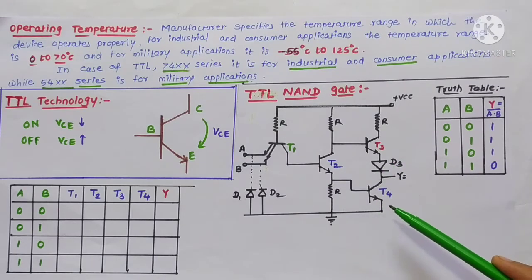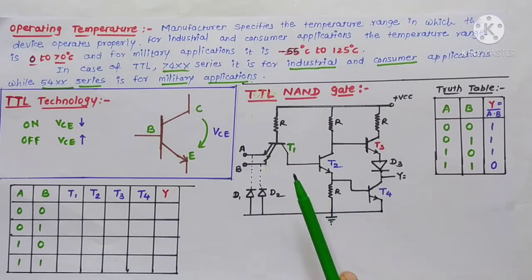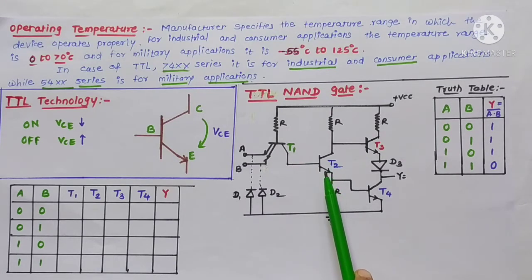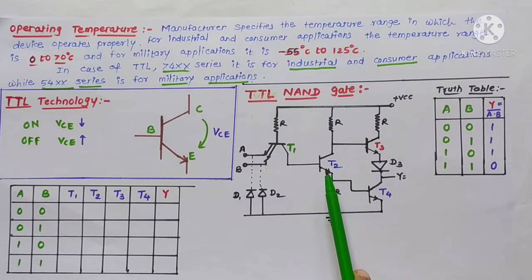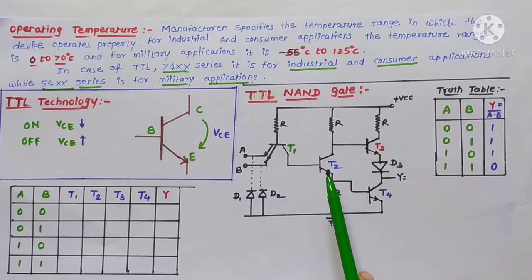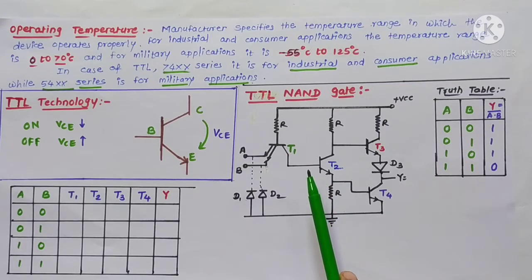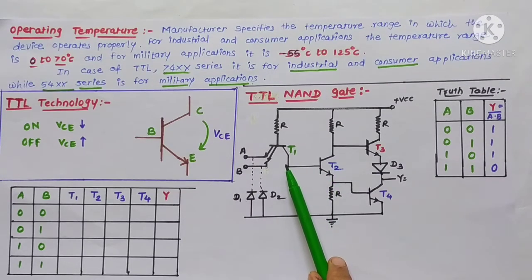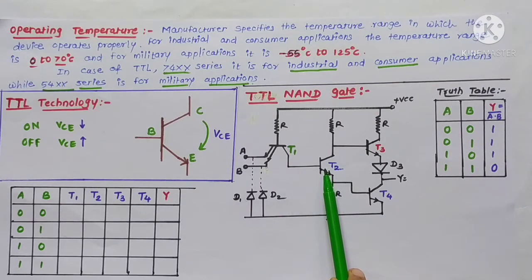In this stage, transistor T1 is NPN and it is in series with another NPN, transistor T2. They are connected so that when either transistor is on, the other is cut off, and vice versa. This means that if transistor T1 switches on, T2 is in cutoff. If transistor T1 is cut off, transistor T2 is on. Okay students.